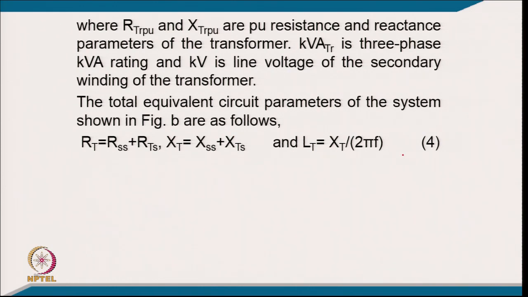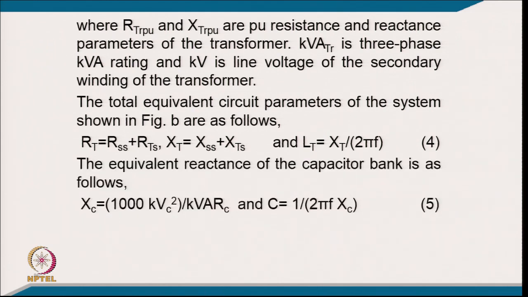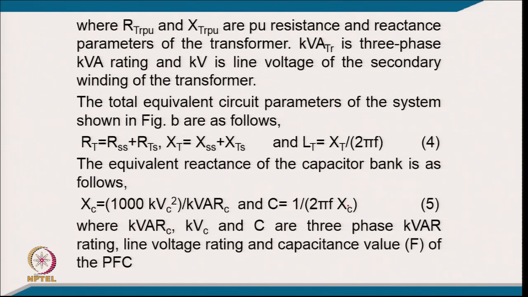LT will be XT upon 2 pi f, where f is the fundamental frequency of the supply, and from this the equivalent reactance of the capacitor bank can also be calculated from the KVR rating. You already have the voltage rating of the capacitor where it is connected. So, you have XC, and from this you can calculate the capacitance. So, this is the inductance of the feeder including the transformer, and this is the capacitance where the capacitor is connected, where KVR and KVC are the three phase KVR rating and the line voltage rating,